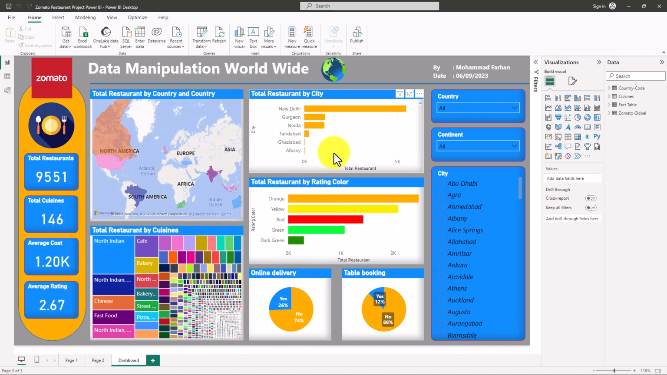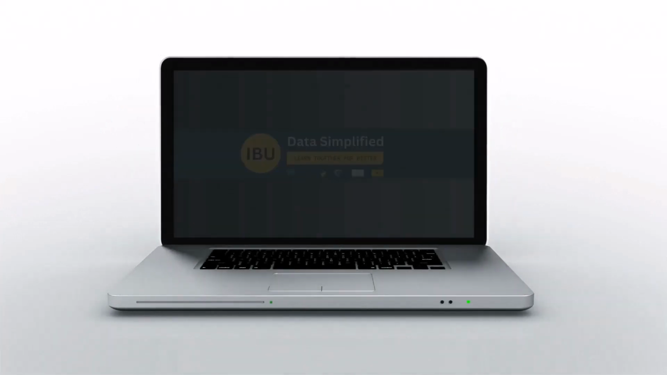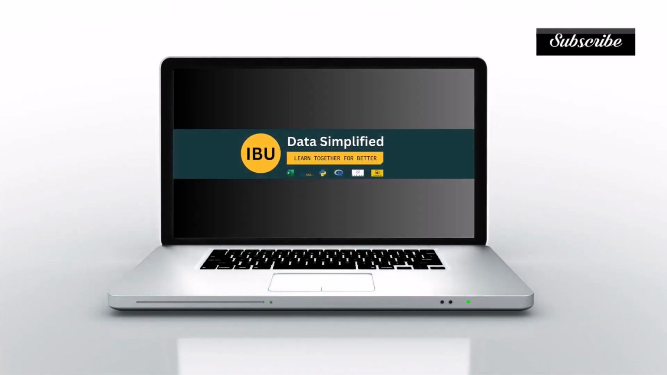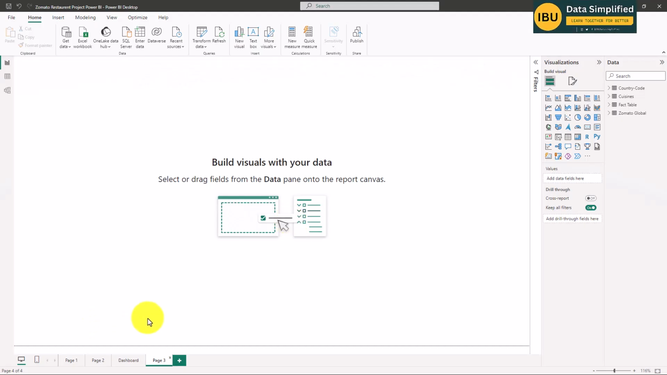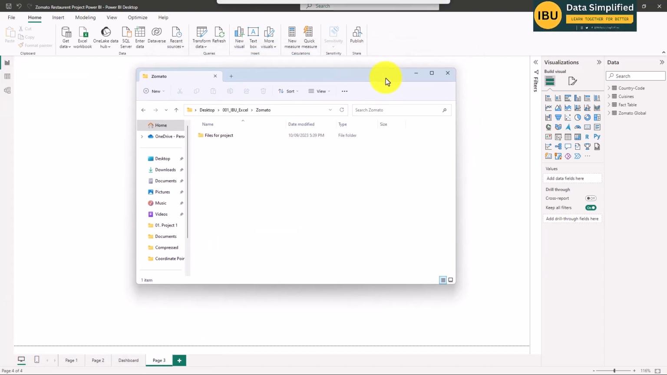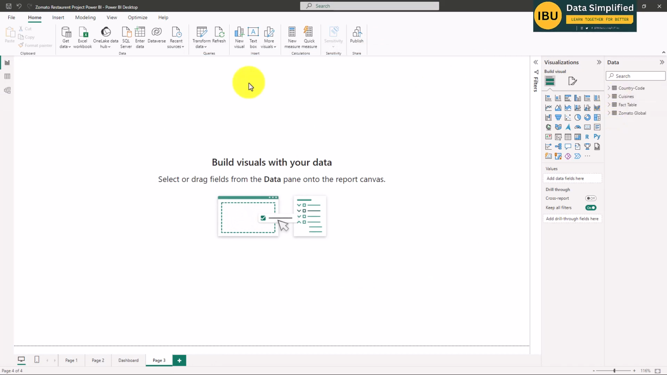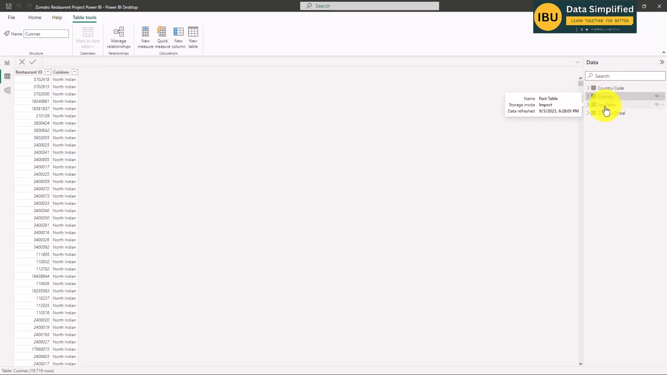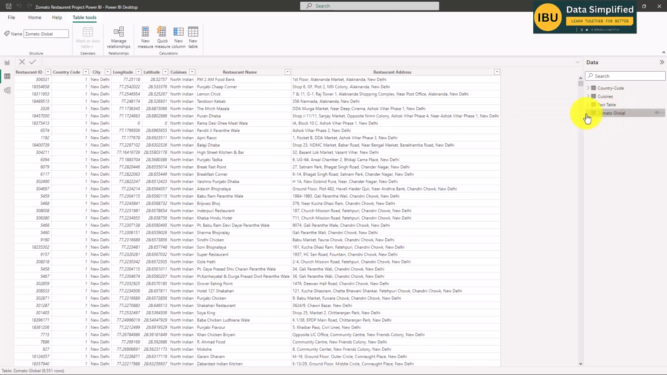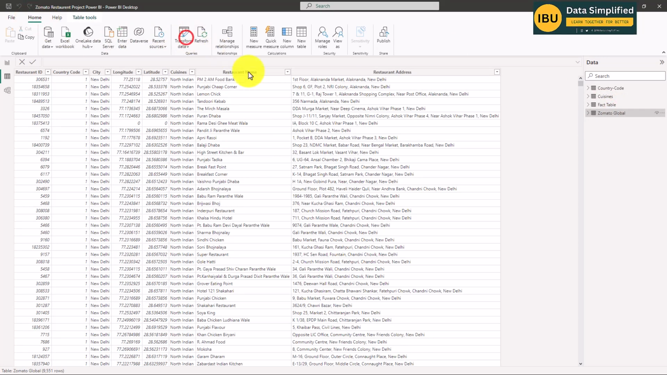So how can we do it? I have just added a new page to start over. For the data, I'm going to give you a small brief. You can see that we have country code, cuisines, fact table, and Zomato global. If I go to transform data,